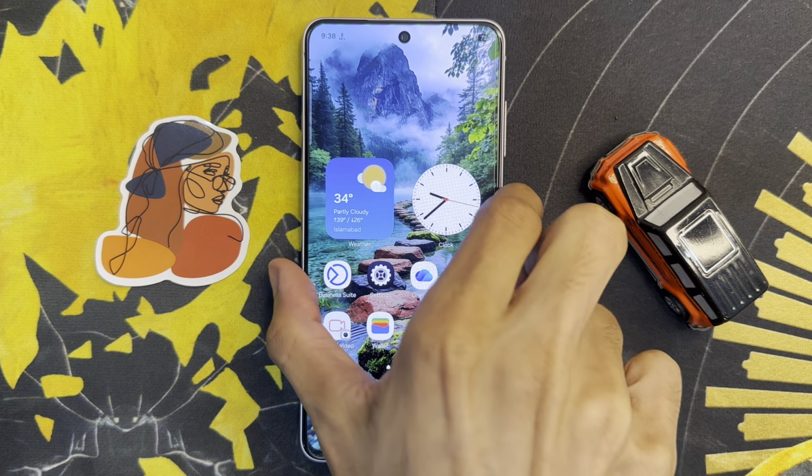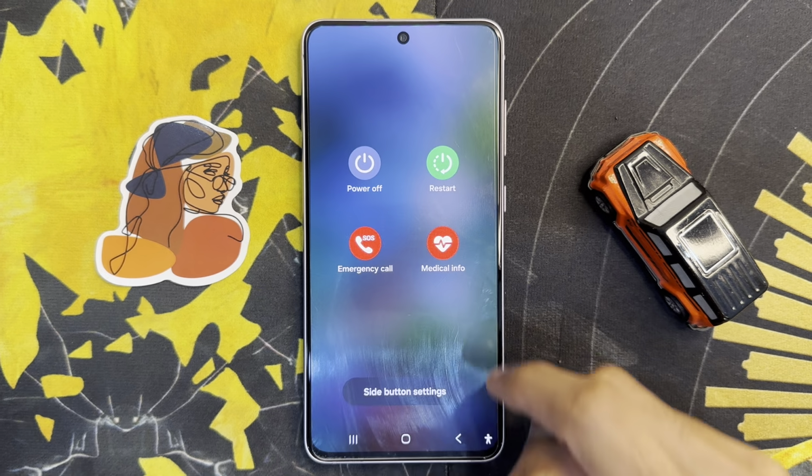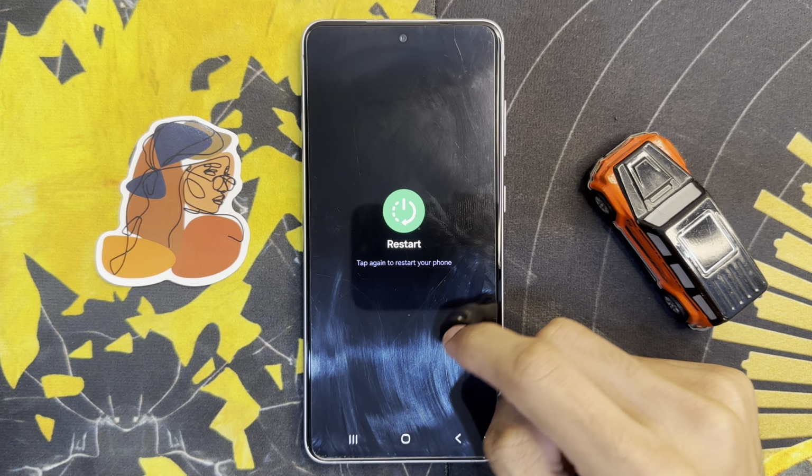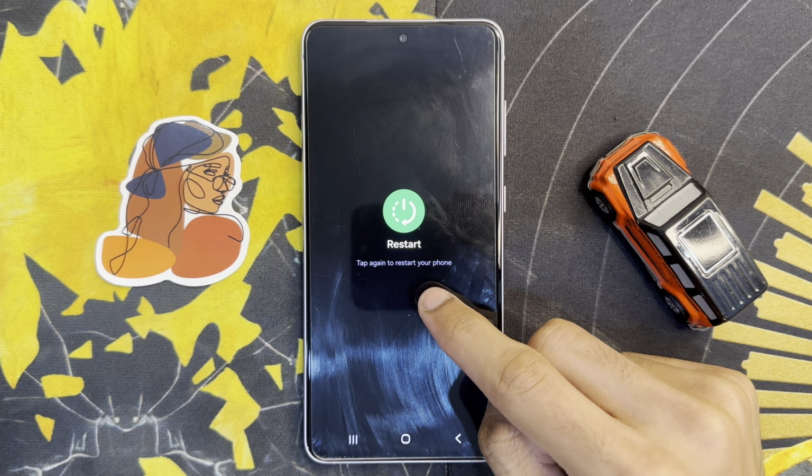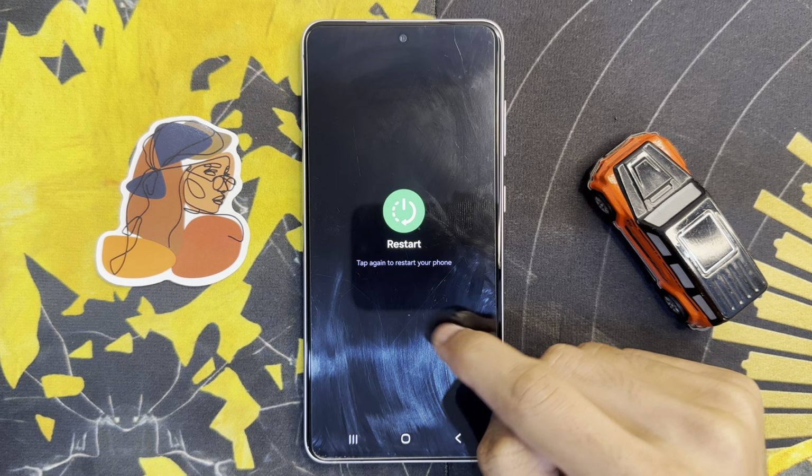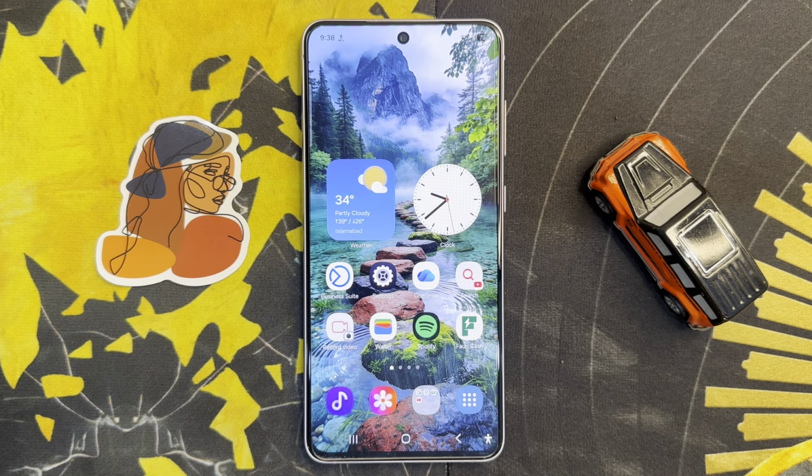Just click and hold the side power button and click on restart. Again, tap on this restart icon. You will see the phone restart. After restarting, enter the phone PIN. You will see your problem is solved. But if it is not solved,